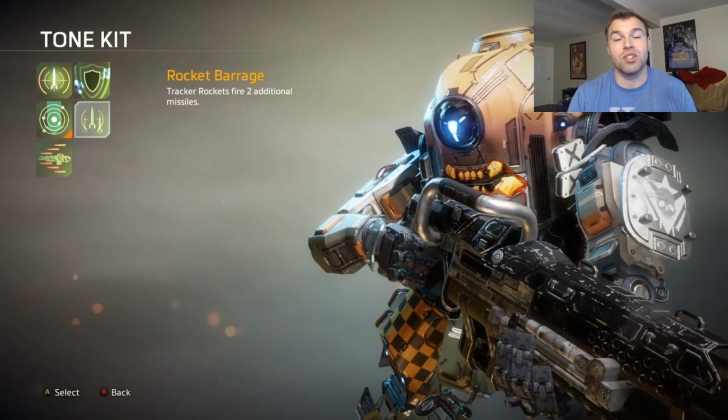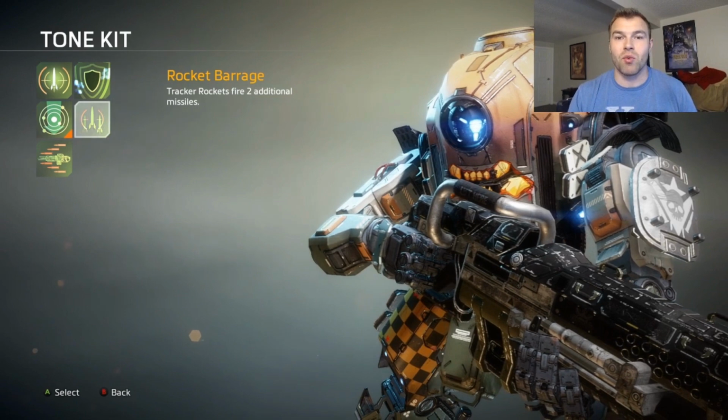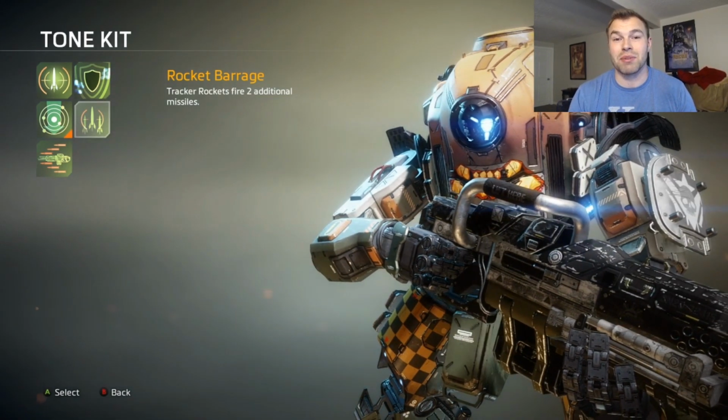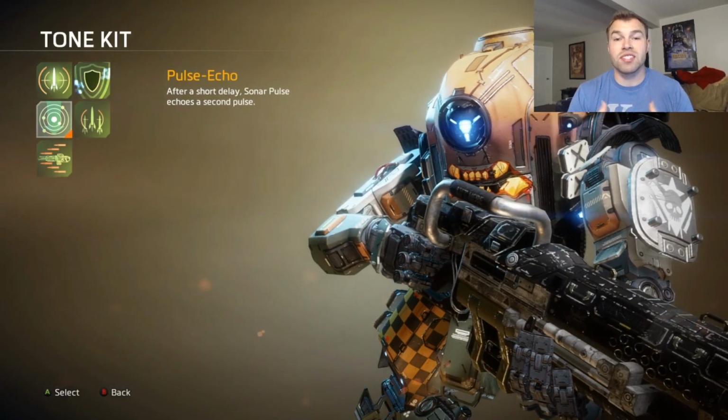Now this is going to add 2 additional missiles to your tracking rockets and give you a little bit more firepower, a little bit more DPS on the battlefield, and help you engage different targets. So if you have multiple targets locked, you're going to be able to do a lot more damage with Rocket Barrage. The last kit I recommend is Pulse Echo, and this is the one that I use because